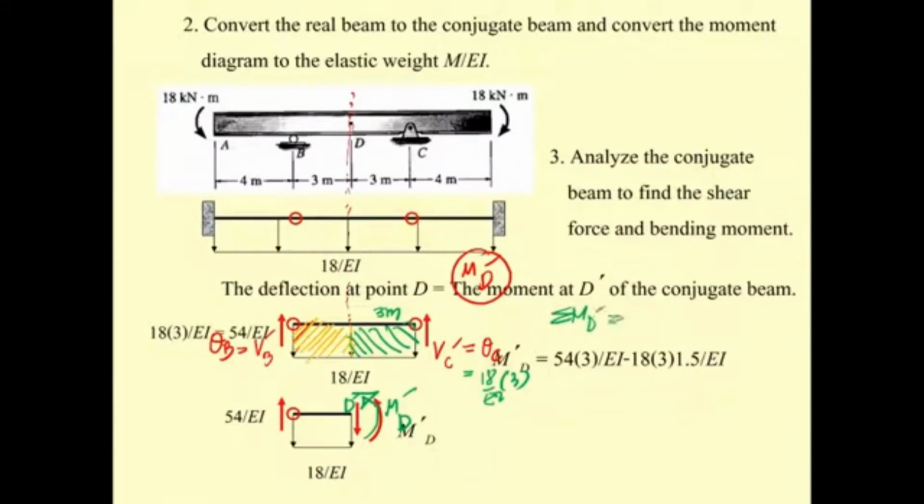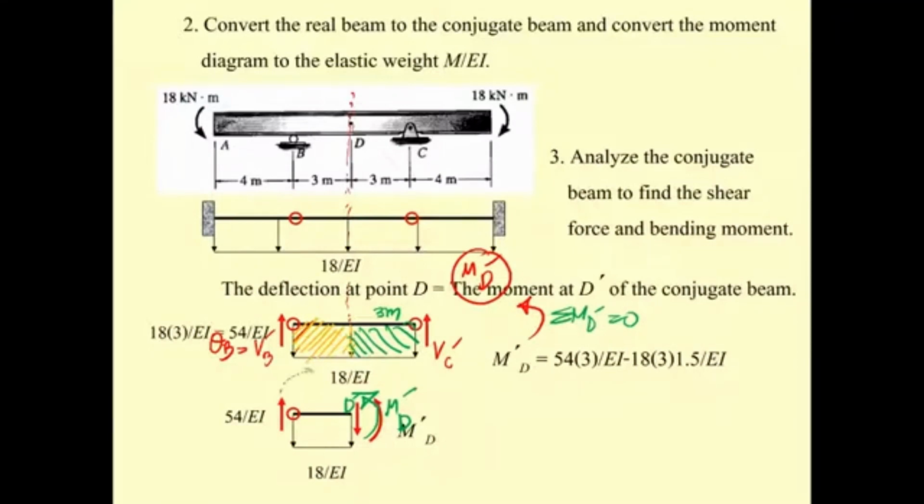At D prime equal to 0. By doing this, you have the M sub D prime in this direction. So this is M sub D prime. Okay, and you may get M sub D prime equal to what? M sub D prime equal to